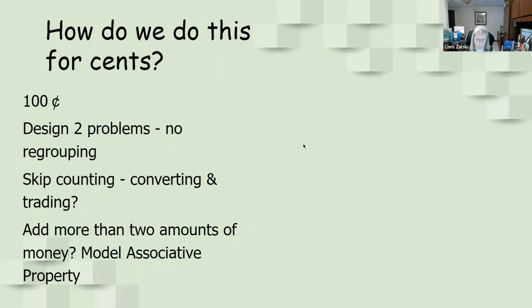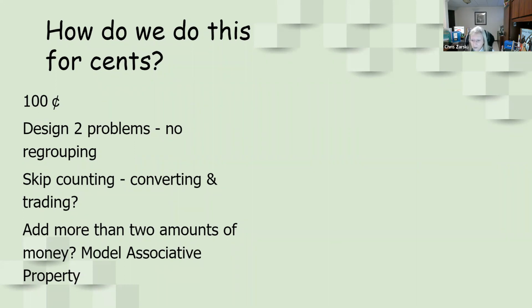So some people said, I've been only doing cents. I haven't included bills. And that's fine. Then just do cents. So my target is 100, but I'm only dealing with cents. So I might have 30 cents plus 55 cents. So show me 30 cents, show me 55 cents, however they want to count that out. And how much money do we have in total when we pull them together?